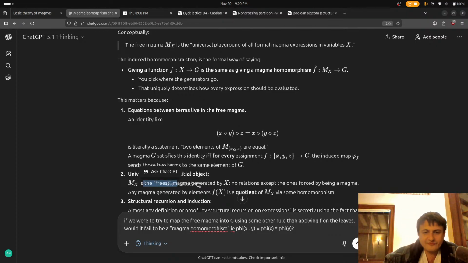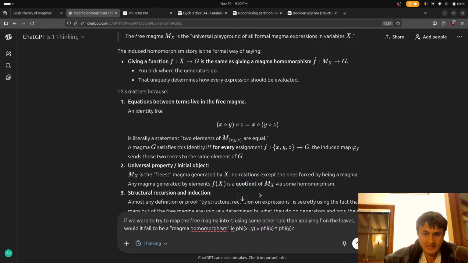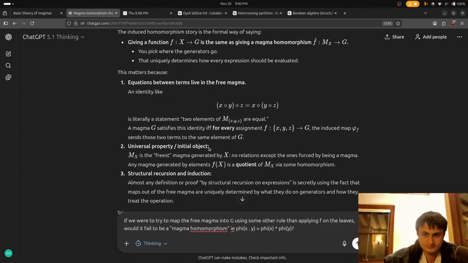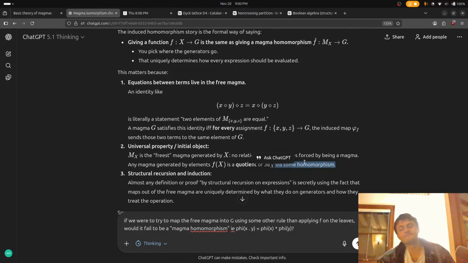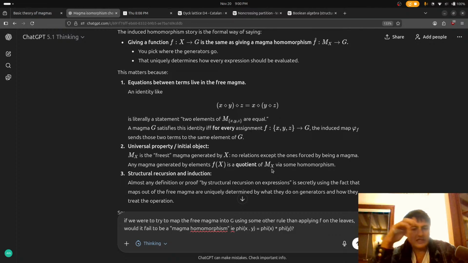Free magma is the freest magma generated by X. No relations except the ones forced by being a magma. Any magma generated by elements... Don't quite get that statement, but that's okay.